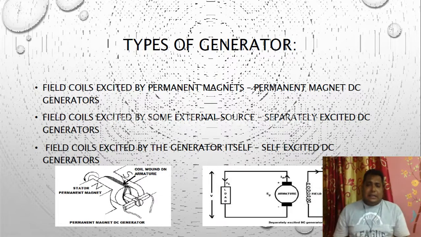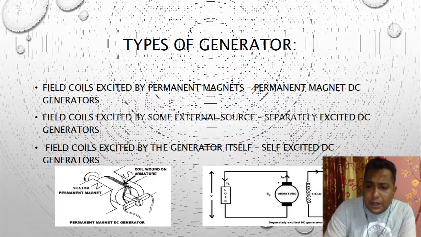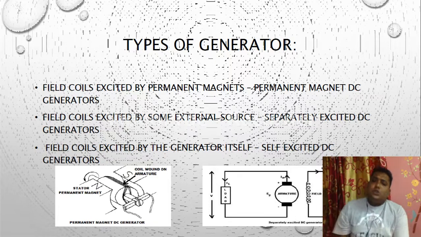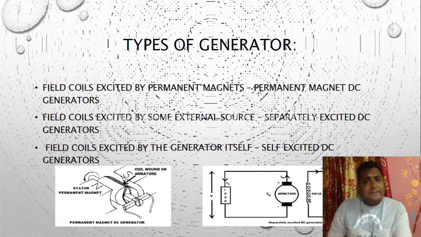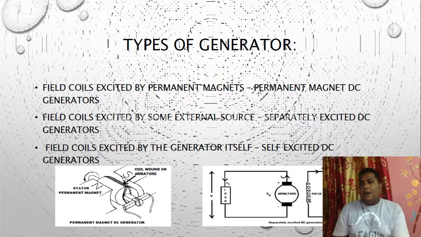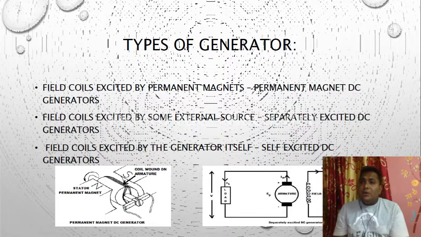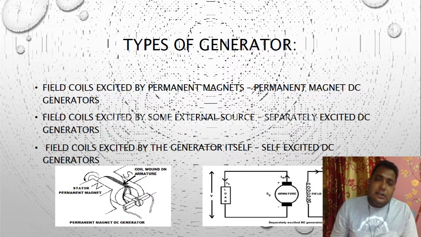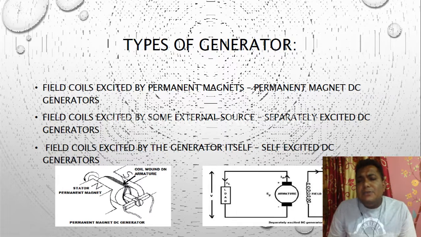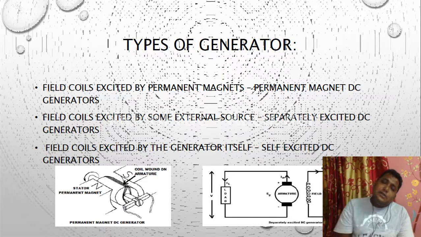So instead of this total combination, see, follow my pointer, the source and coil. So what is the purpose of this source and coil? The source is giving potential to the winding, and it is generating some magnetic flux. That flux is cut by the armature winding and it is generating some EMF, correct? So now if we use a permanent magnet, what is the utility of using this electromagnet? That is, when supply is given, it will be a magnetized one.